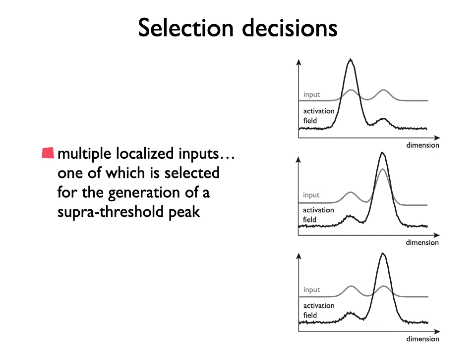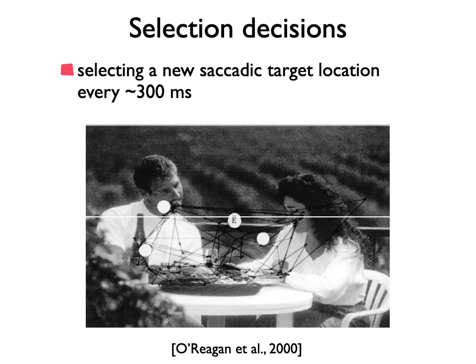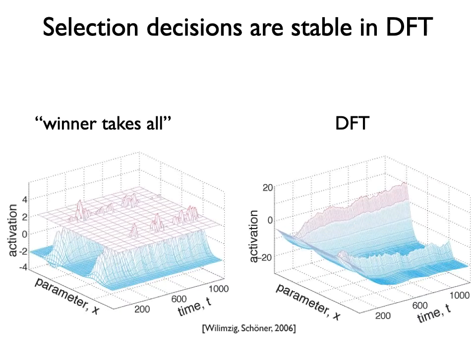So selection decisions happen all the time. We do that all the time. The most dramatic example would be the saccadic target locations that you select afresh every approximately 300 milliseconds. You're looking around all the time, putting your fovea to different places in the environment, and that's very fast and unconscious to a large extent. You can control it a little bit, but most of the time you're doing that unconsciously. It is maybe the best studied paradigm of something like free choice, where you're just doing whatever you want to do. And so in DFT, that's a core